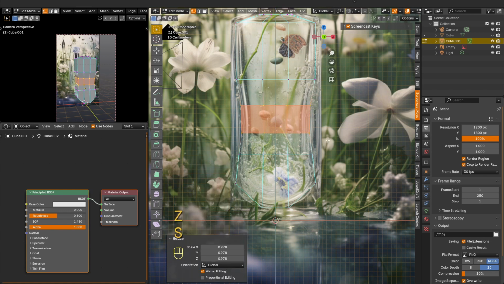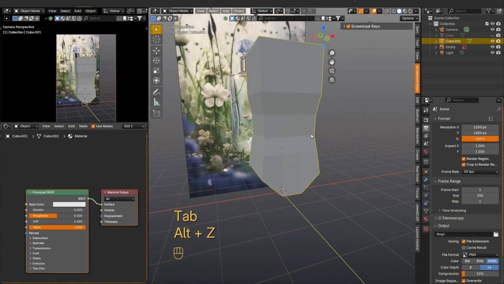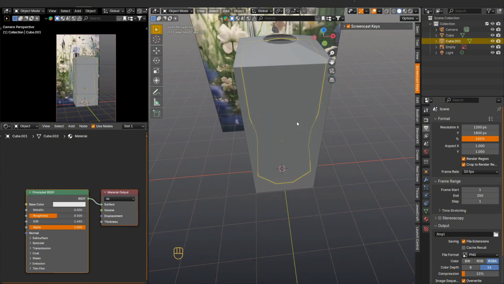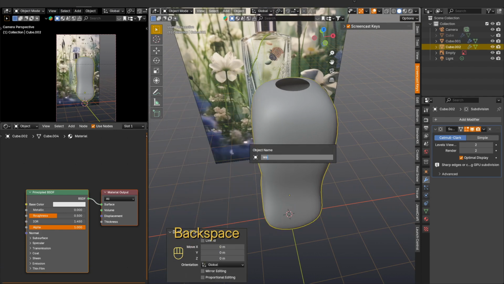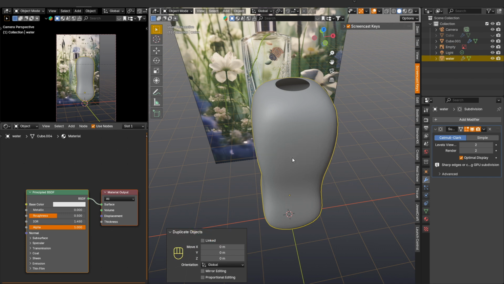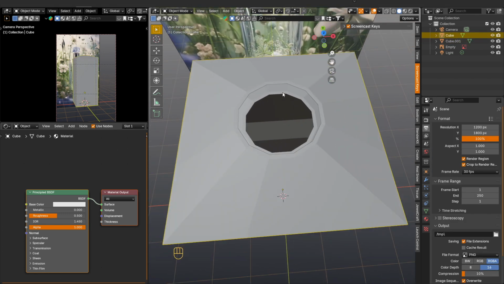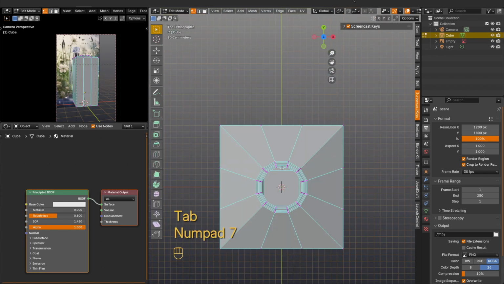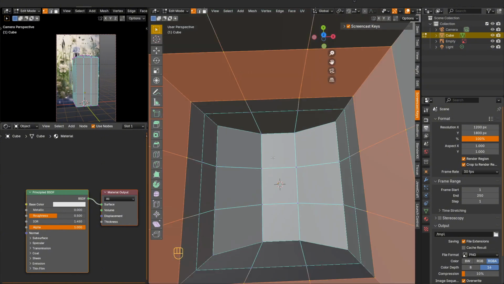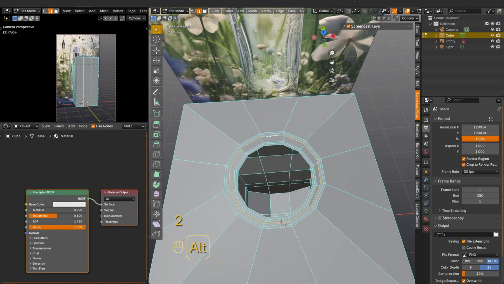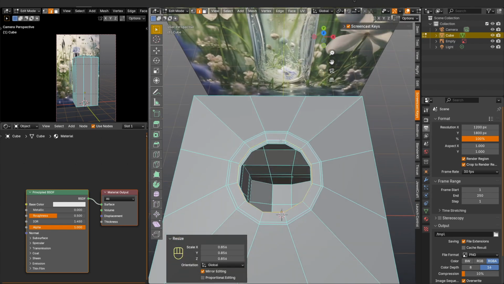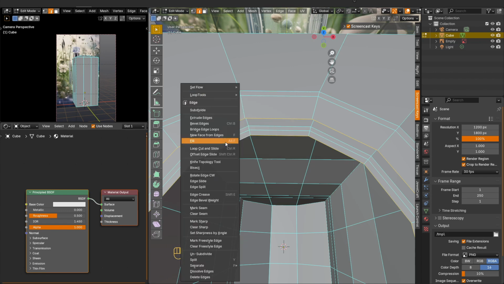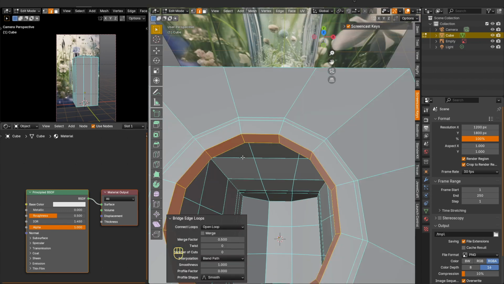So good, when the inside of the bottle is ready, let's copy it, rename it to water and hide it for now. We will use this object to create water inside the bottle. And so we can go back to the walls of the bottle. The thing is that the diameter of the inner wall is smaller than the outer ones, so we need to go to the top view and reduce the diameter of the upper neck to the size of the lower one. Then press Alt-Shift select both edge loops and press the right mouse button where we select Bridge Edge Loops.